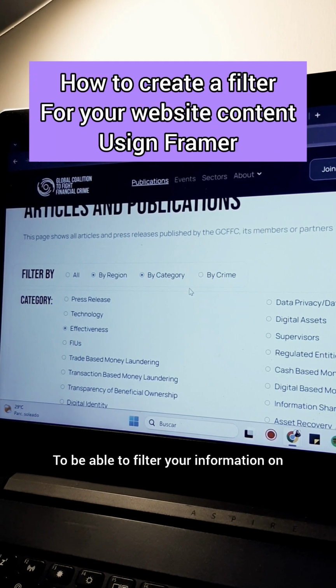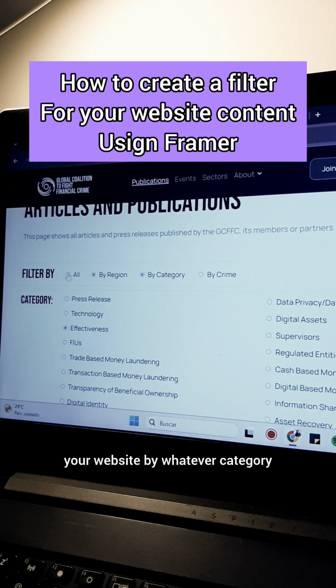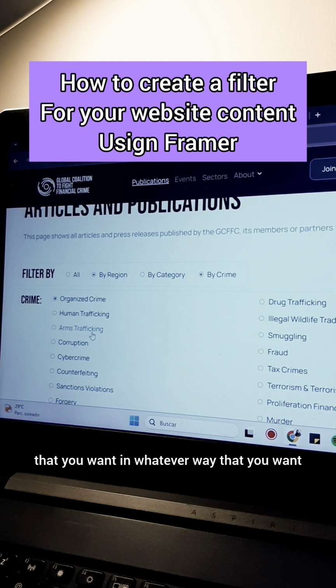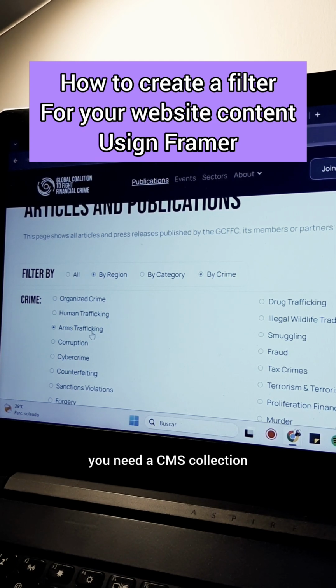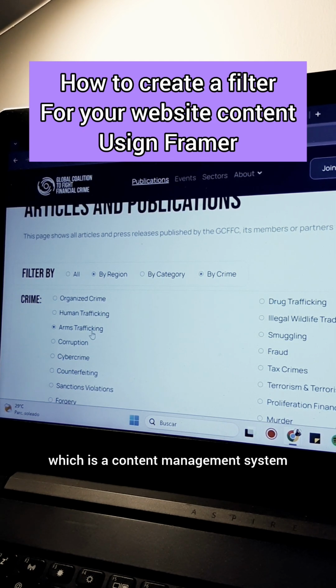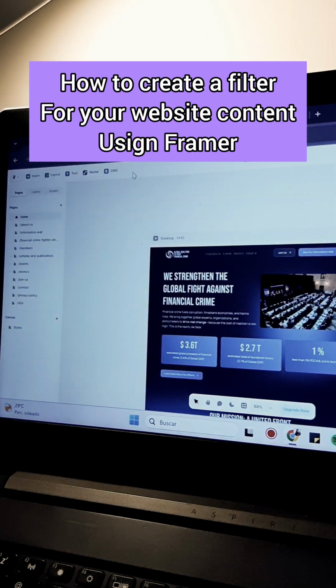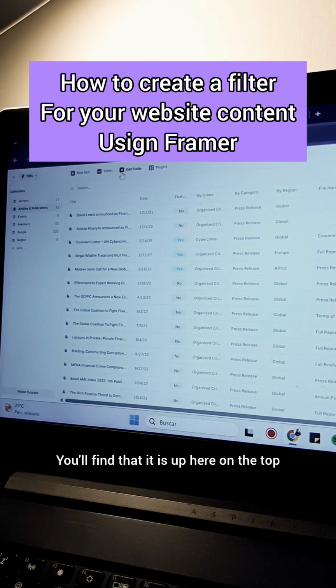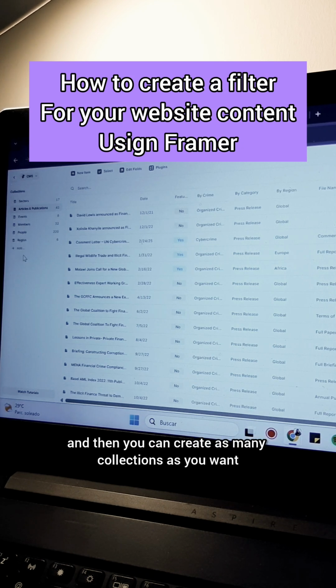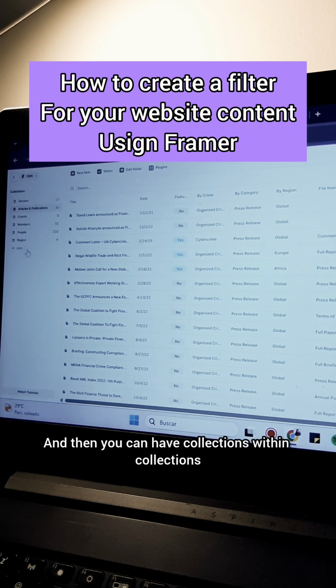To be able to filter your information on your website by whatever category that you want, in whatever way that you want, you need a CMS collection, which is a content management system. On Framer, you'll find that it is up here on the top left side. It says CMS, and then you can create as many collections as you want, and then you can have collections